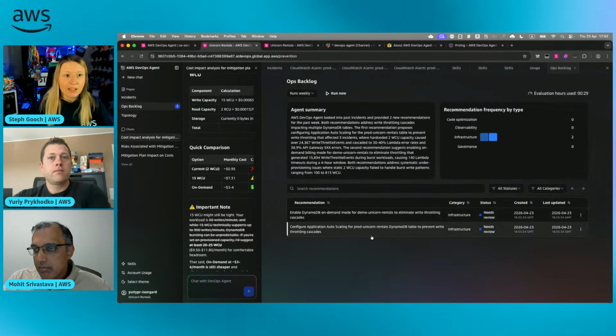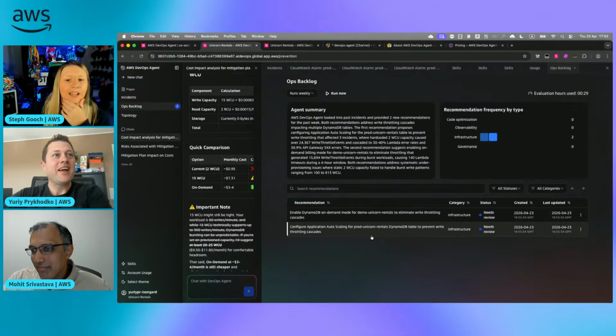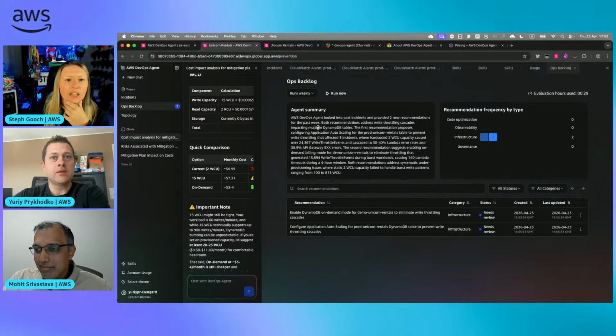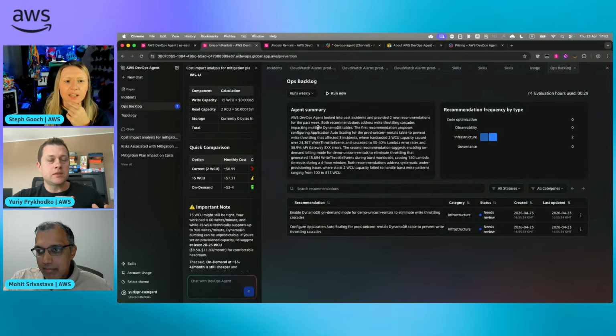Brilliant. Is that everything in the demo? I think that's... There is one more thing. Oh, okay, go for it quickly. And it's pretty cool. It's called Ops Backlog. It's basically DevOps Agent. Again, Mohit touched at the beginning this part that